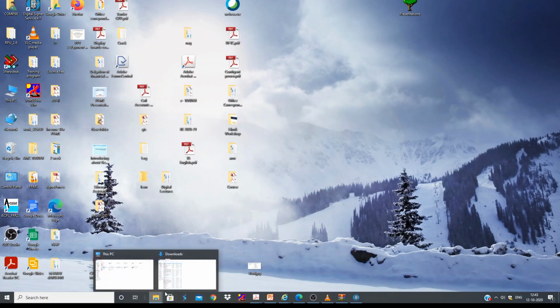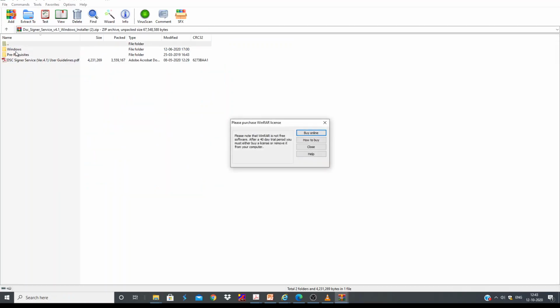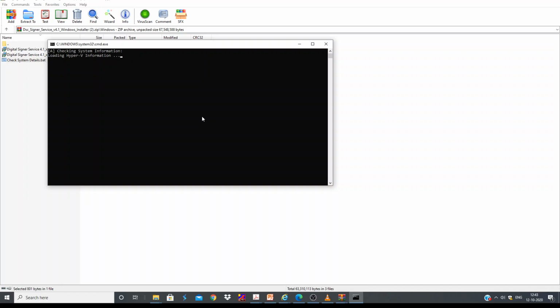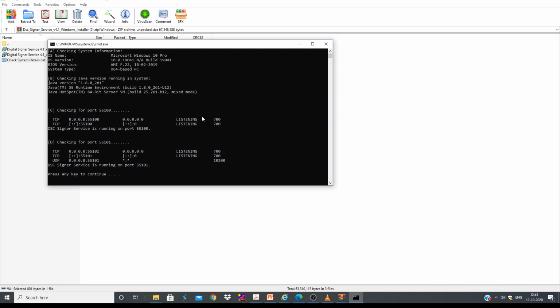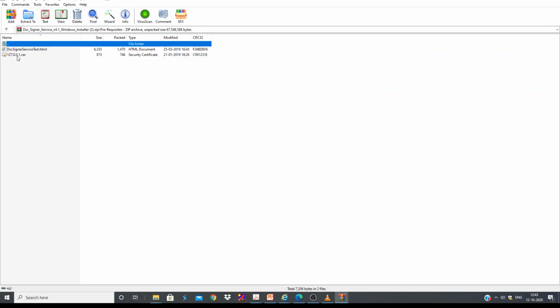Now let us go back to the bat file and check whether everything is running or not. You can see here DSC signing service is running on port 55100 and 55501. That means now your installation is complete. If you want to cross check, you can go to prerequisite.